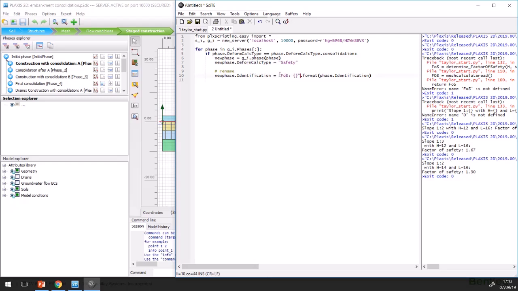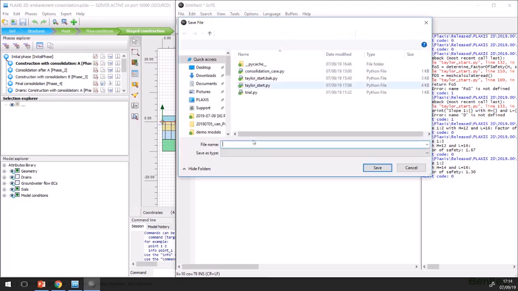So here we just make a Python string, and we're going to format this using the identification. Okay, now this should work. I'm going to have to save it. File, save as. And where I'm going to save it, I'm going to,